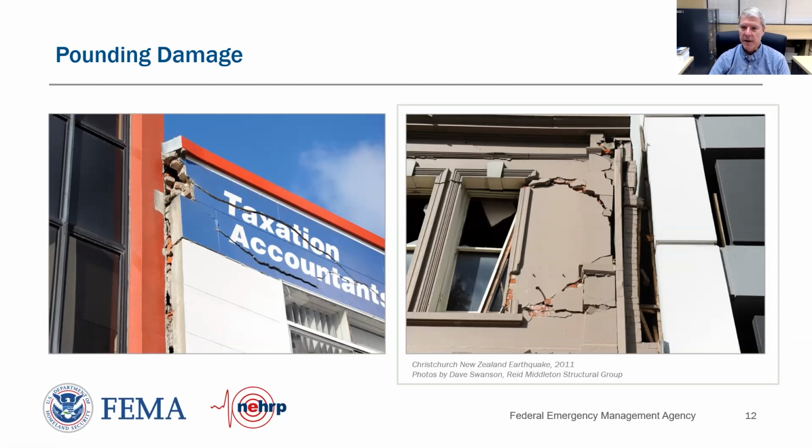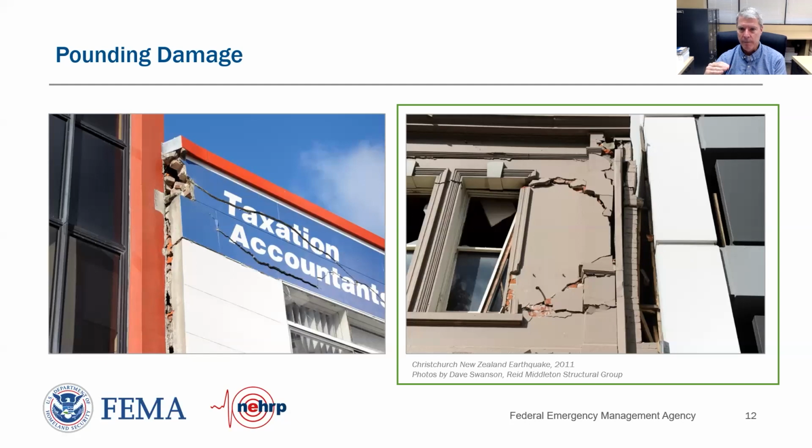The photograph on the right is showing two buildings separated roughly 3 inches, but the building displacement was significant enough that they actually touched and pounded and caused damage. But what you'll see here is this is a case where our floors do not align. So we do have two separate buildings, but the floor on the building on the right-hand side is impacting a